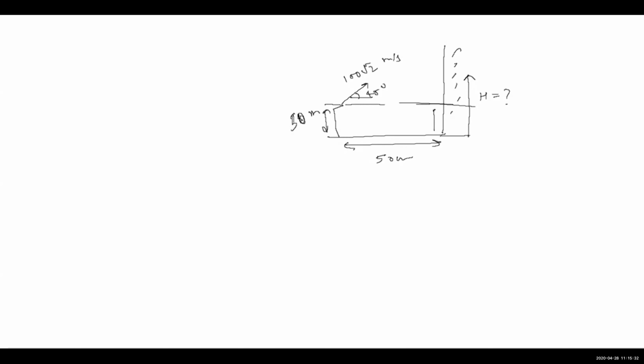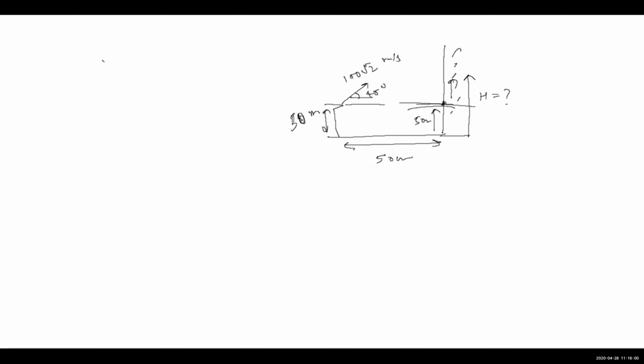The same process, isn't it? Yes, sir. If you remove this much portion, it's the same question. So basically get the height from this point following the previous process and add 50 meters to that. If this height comes out to be negative, it means it is colliding downside. Even in that case, you have to add 50 meters. So if the height, when you calculate using the previous method, comes out to be, let's say, minus 10, so you will add 50, it will be 40 from the ground. Minus 10 from this point.